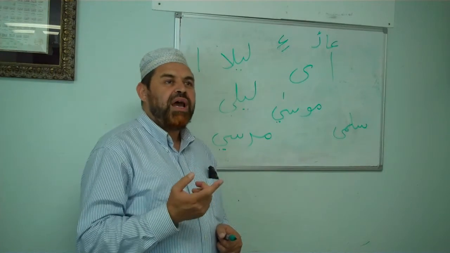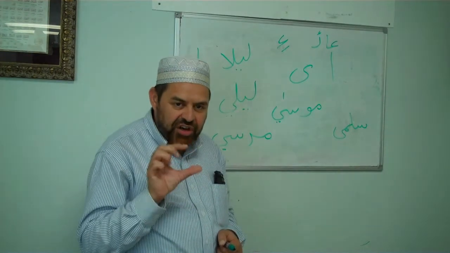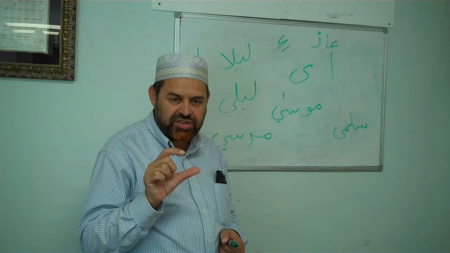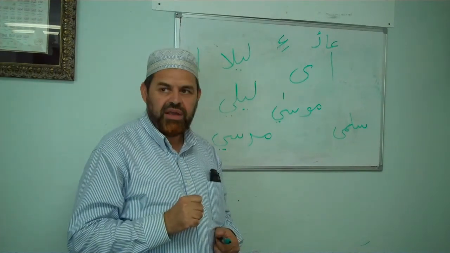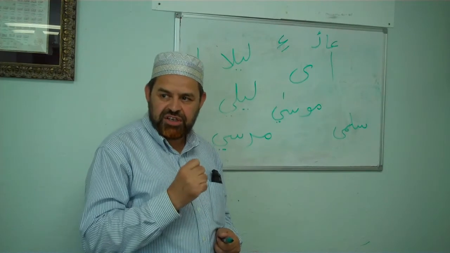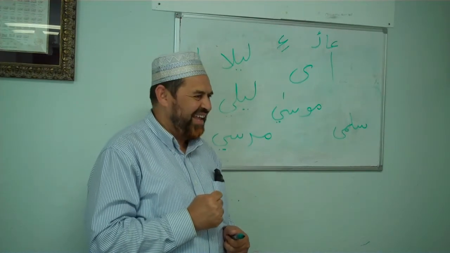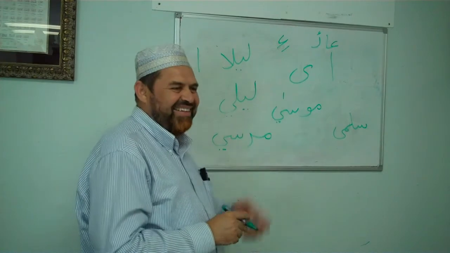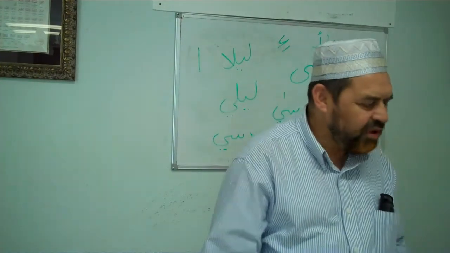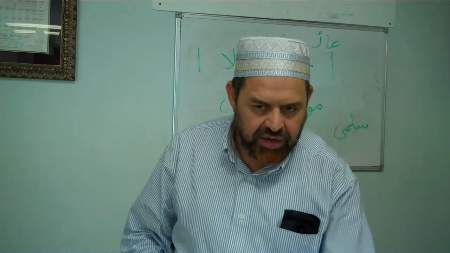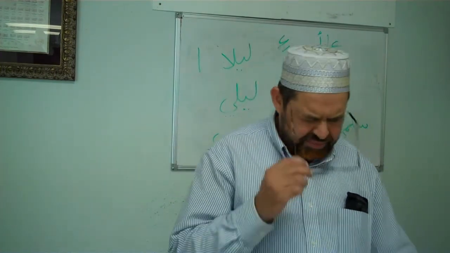It has another English terminology. In English it is called dagger alif. Dagger alif. Okay? And in Arabic, it is called khanjari, because it looks like a dagger. Okay, so let's open the book and we will start going into details.